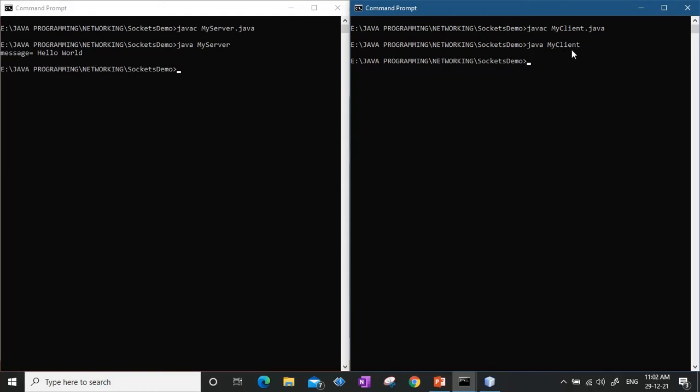So what has happened? Once the client is executed, the client has established a connection with the server, and it has sent the message, and that message is printed on the server, hello world. Okay, so this is a simple demo just to show you how one-way communication can be established.